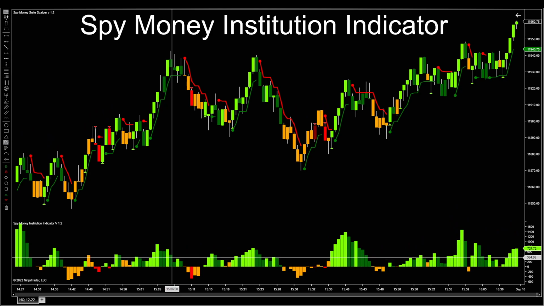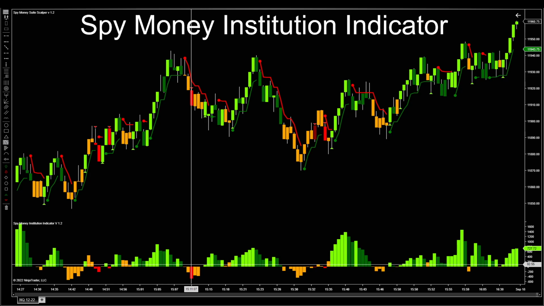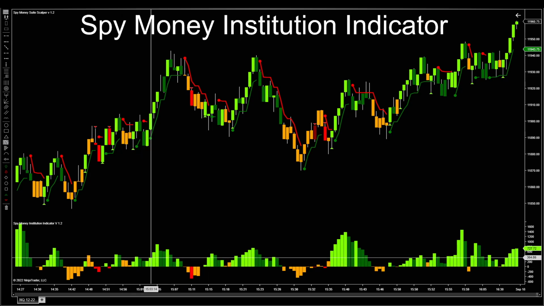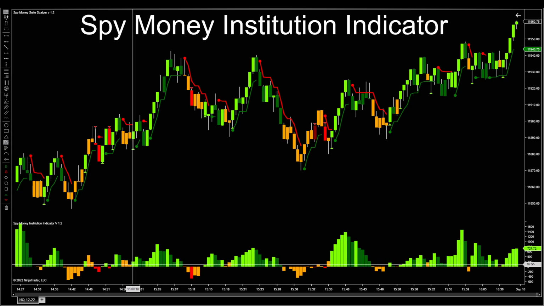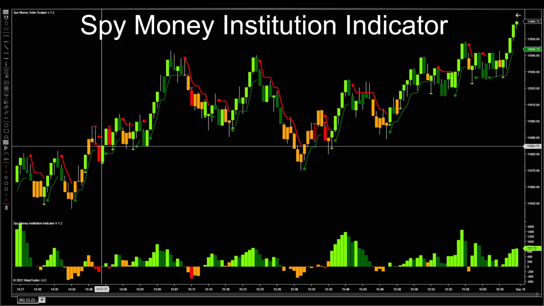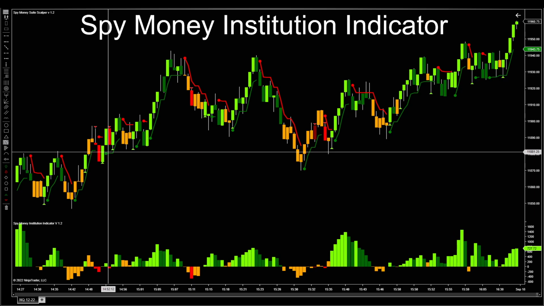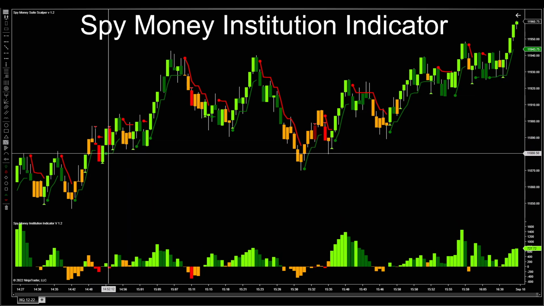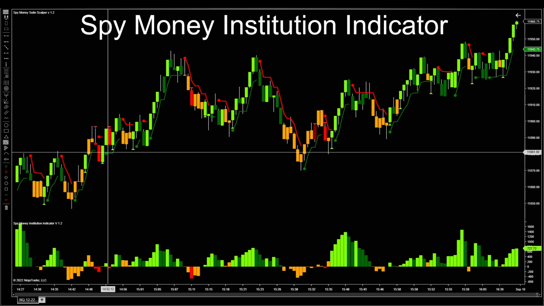So the histogram, you definitely want to watch it because you can find divergence in it, and it will help you know what's going on. But the institution indicator, what it does is when you have it above the zero line, that is the institutions are starting to buy it up. And if you look at your candles, no matter what kind of trading strategy you're going to use, I use the scalper. But if you have that, that'll give you better knowledge to either stay in the trade